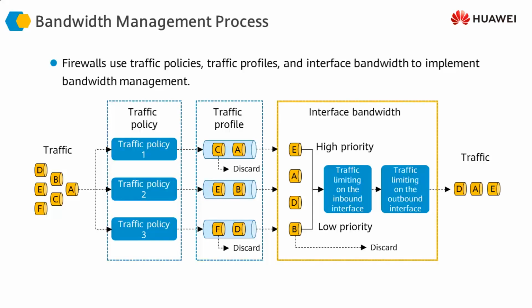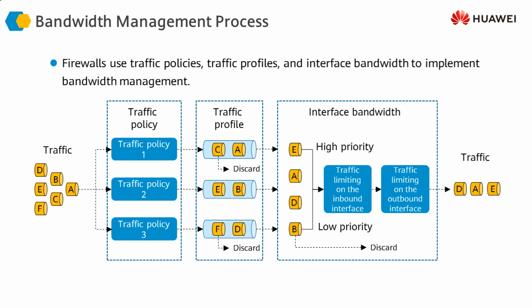And finally, we can also define a limit to the bandwidth that is available on the interface, so that it's a second check to the traffic if it's going out or coming into the interface. If there is congestion on the interface, then once again the traffic goes through the interface bandwidth limit, and the bandwidth management is done appropriately according to the interface bandwidth limit. We are going to look into more detail on all of these features one by one.